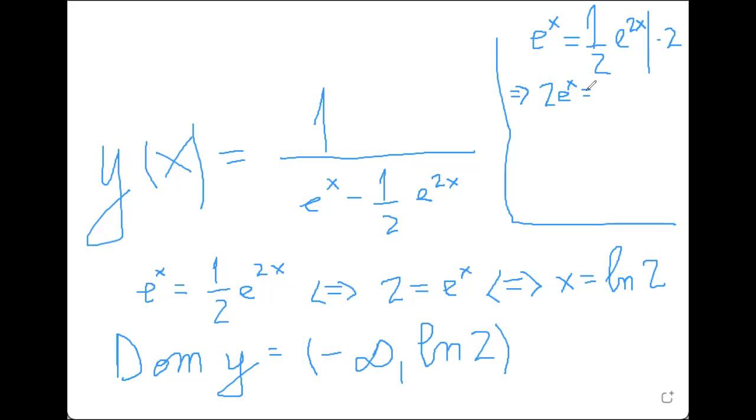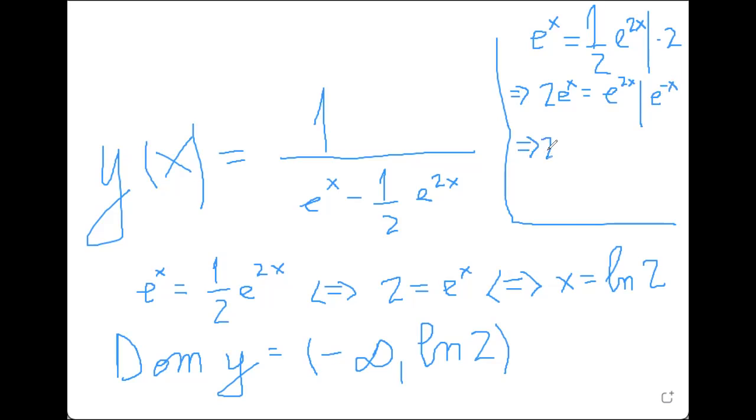so does anybody here know how much 2 times 1/2 is? Nobody? 1? Okay, well, that's better. And we don't need to write the 1 because 1 times something is that something. So it's equal to e to the 2x. And now we multiply the equation by e to the minus x. And this implies that